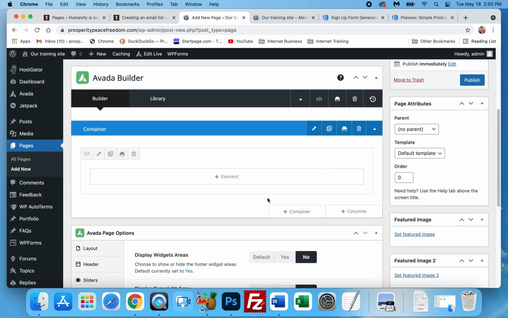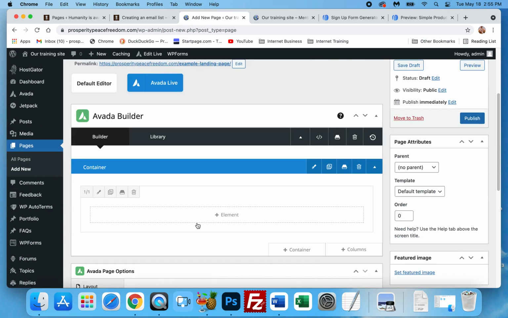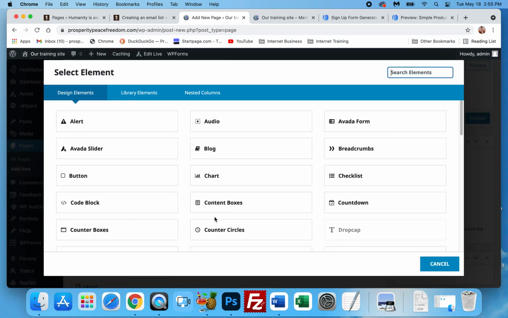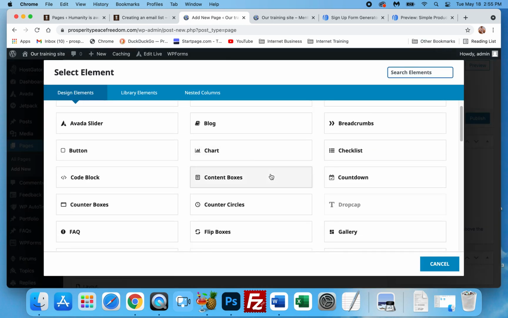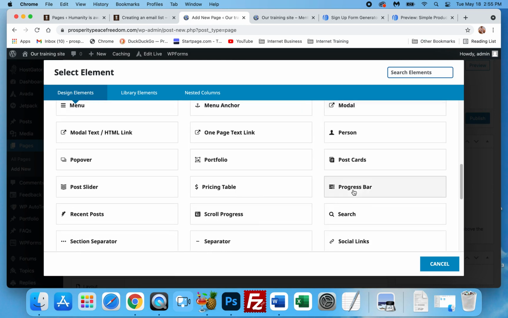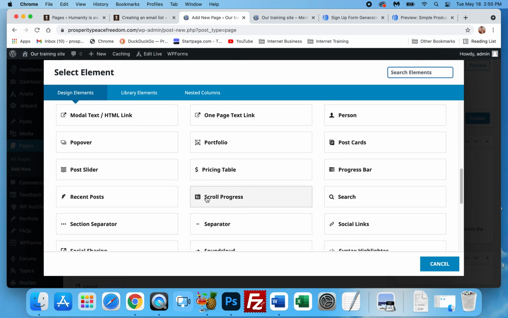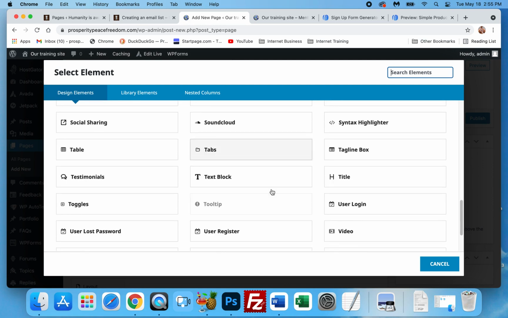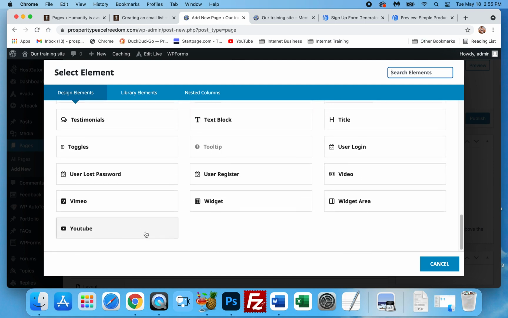Okay. So what we're going to do now that we have our settings right is we're going to design our landing page. So let's go ahead and click element and add an element. And this element is going to be a text box. Better yet, I'm going to show you a very basic page. Let's go down here and put in a YouTube video. Now in another training I'll show you guys how to upload your own videos, but you're going to want to upgrade your hosting first because it won't be fast enough. So for now we're going to use YouTube, just kind of like we did with our web design. So go ahead and click YouTube,